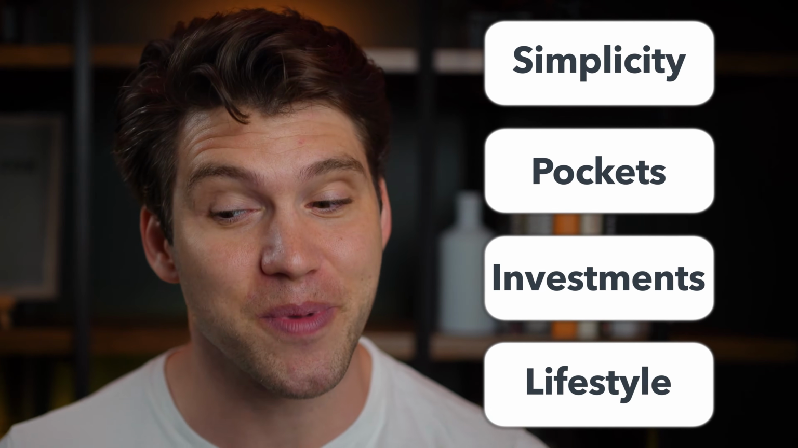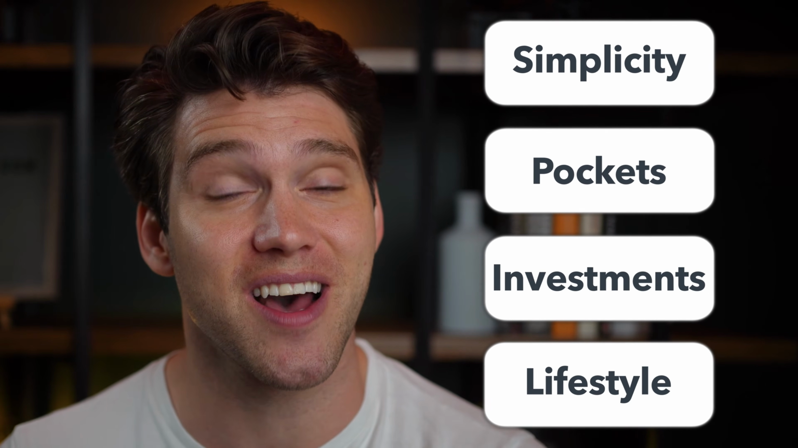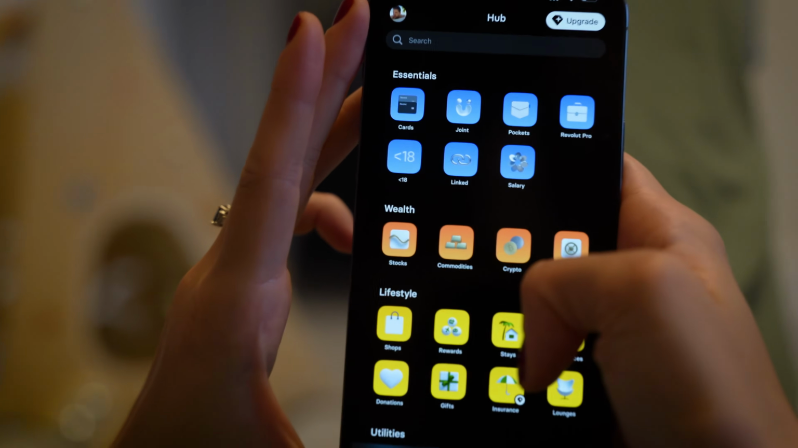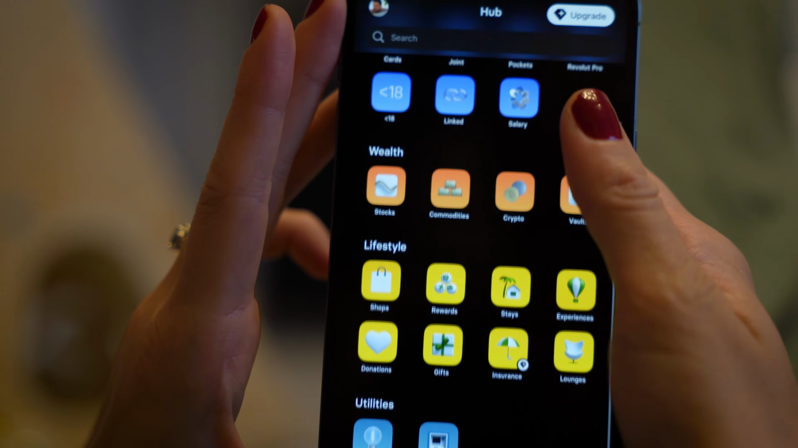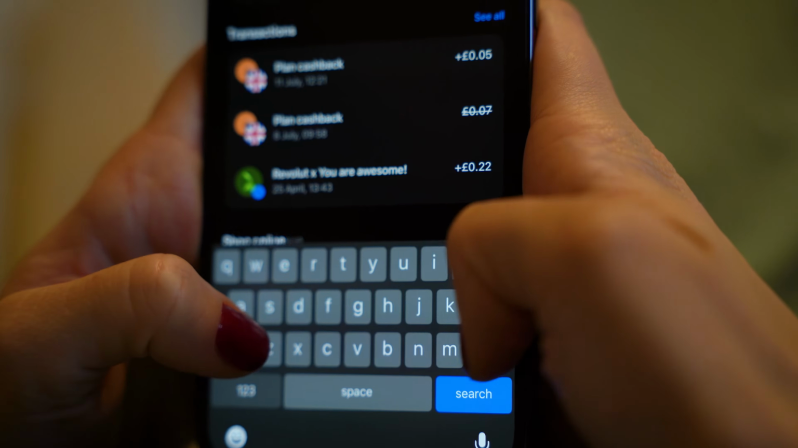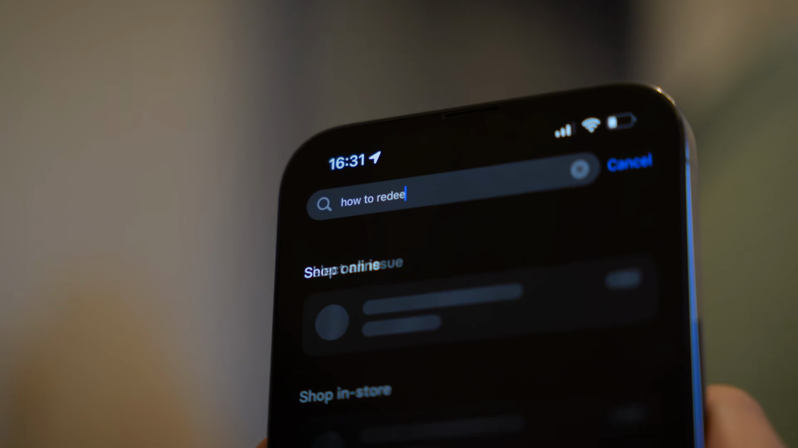There's a lot to go through because Revolut has packed a ton of stuff into this update, but they've also cleaned and removed a lot of features from the previous version. This includes the hub, which is now gone, and I'm totally okay with that. I always felt that it was overcrowded and difficult to navigate. I don't know about you, but I was always just using the search bar to find what I was looking for,